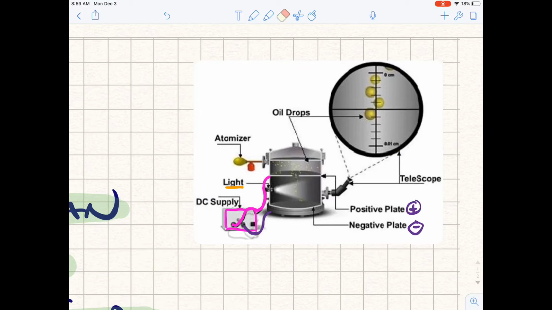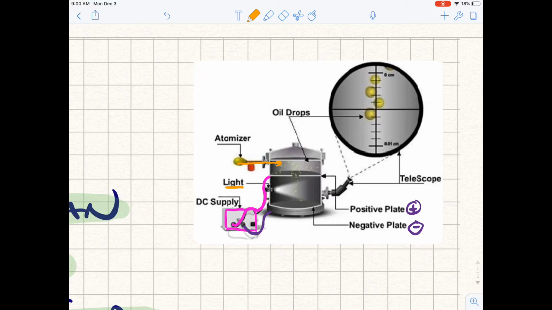The atomizer, right here, guess we should use a color. The atomizer's job is to take oil from this little red reservoir and atomize it. That means not break them into atoms, but to separate the fluid into microscopic particles of different sizes. And as these particles are atomized, they rush through the system, and as they rush past other droplets, they rub